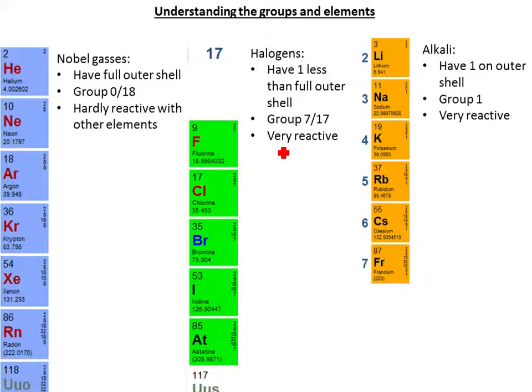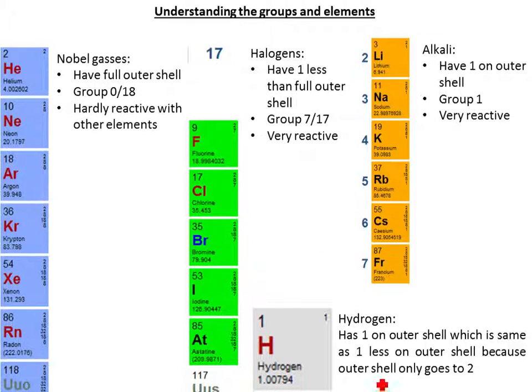Now for hydrogen. Here we go. Hydrogen has one in its outer shell. Great! That means you can go with the alkalis. But because its outer energy shell, which is its only energy shell, can only hold 2, having 1 also means that it's 1 less. Oh, so now we have a problem. Does it go with alkalis or does it go with halogens? Most people put it with alkalis, but some other periodic tables put it with halogens, but other periodic tables don't